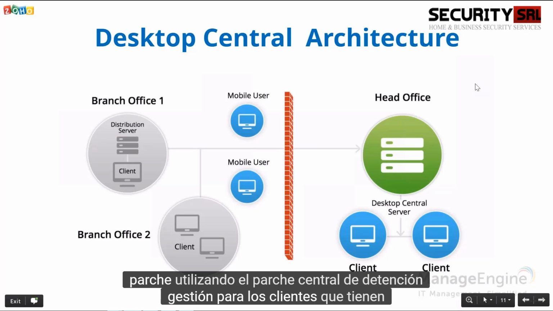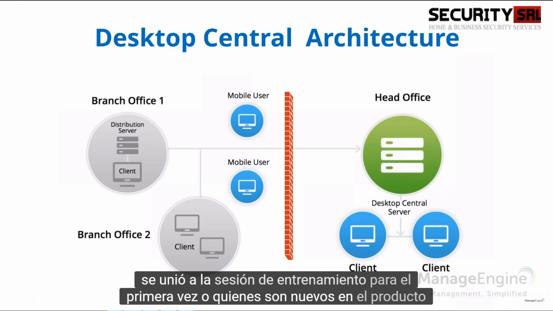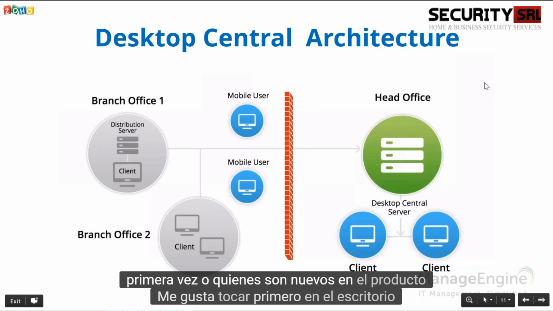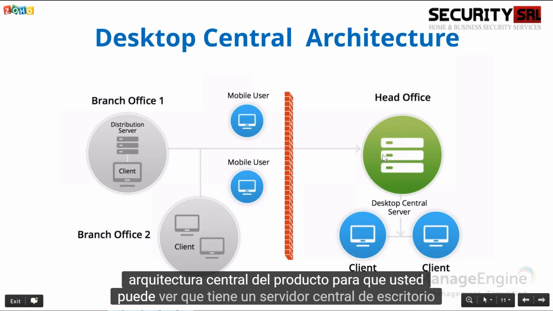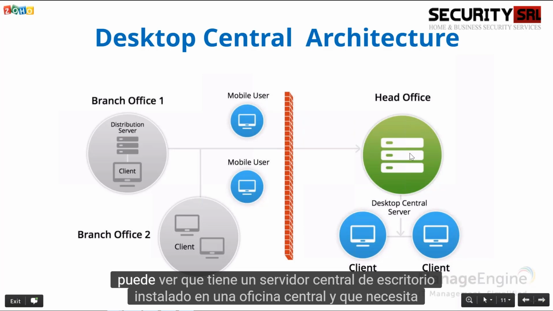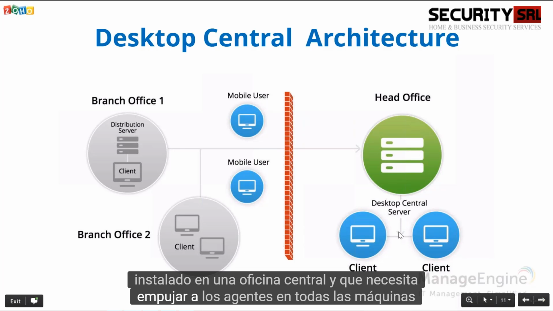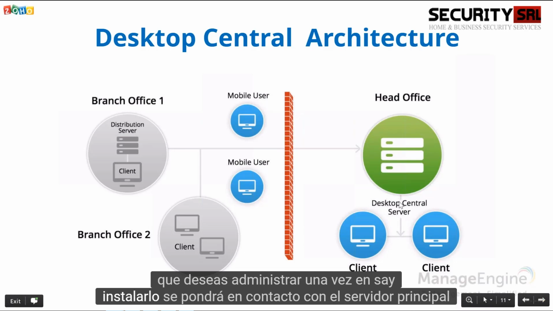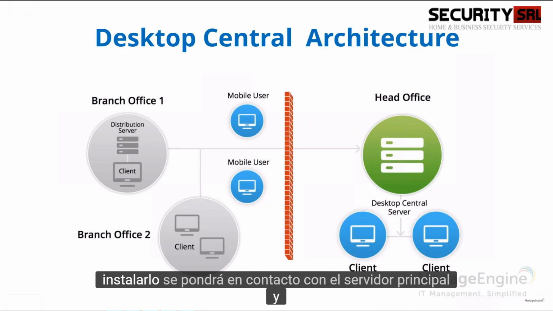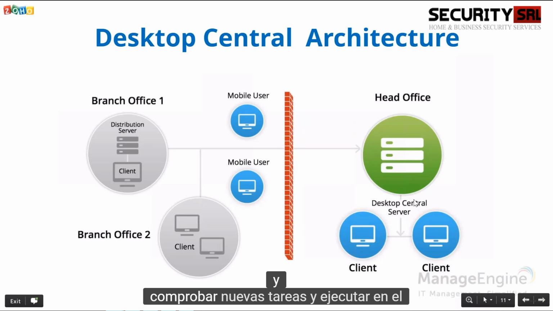For the customers who have joined my training session for the first time or who are new to the product, I'd like to first touch on the Desktop Central product architecture. As you can see, you have the Desktop Central Server installed in your head office, and you need to push the agents on all the machines which you wish to manage. Once agents are installed, they will contact the main server, check for any tasks and execute them on the client